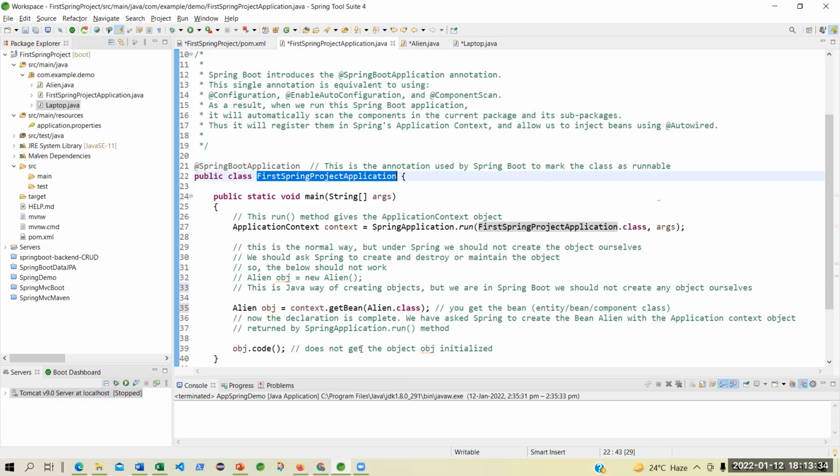The dispatcher was getting a bit complicated for me. But here, as I step into Spring Boot, I see this is a plain old Java object. This is POJO.